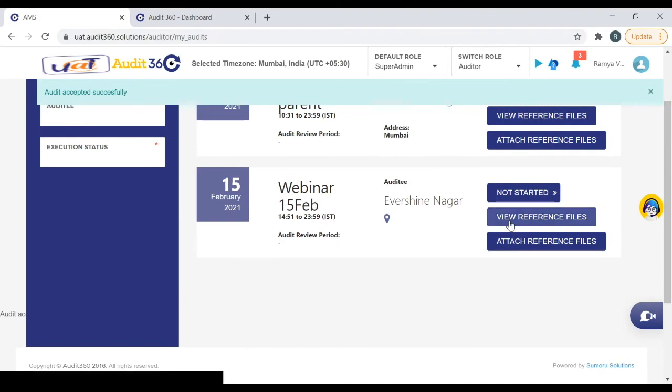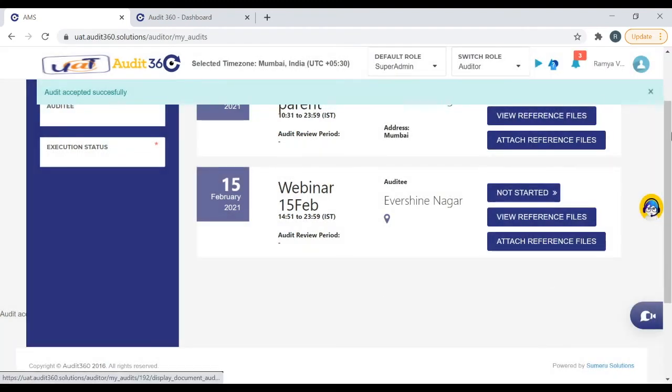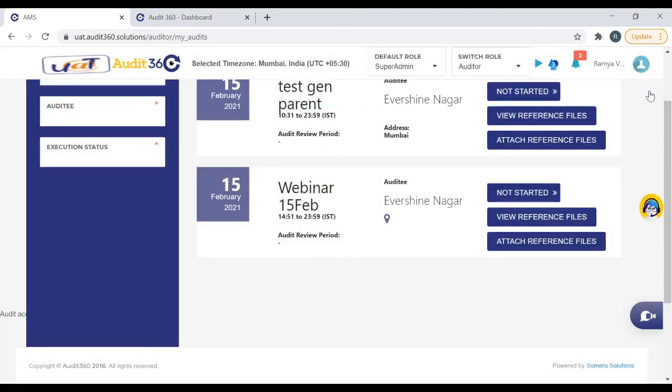The auditor will have both view reference and the attached reference file. I can just click on this. The file which was uploaded by the super admin role will be visible here. He can view the document and prepare himself before he goes into the audit. If he would want to attach a document to this, he'll also be able to.